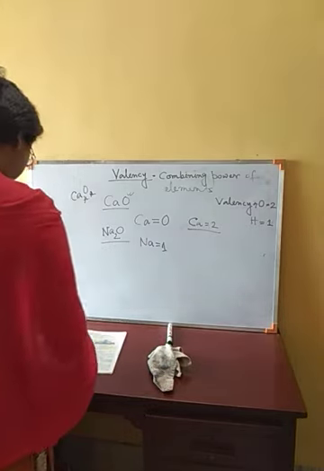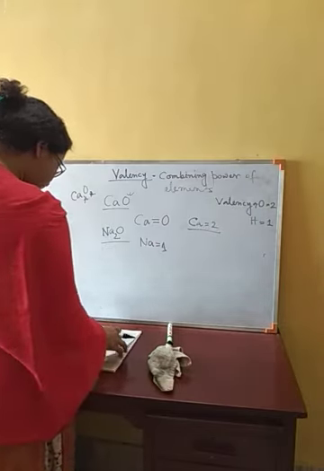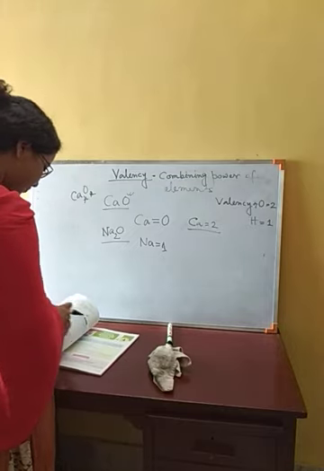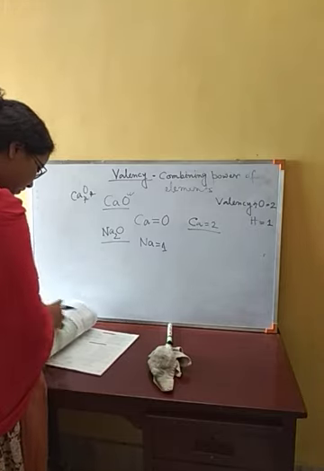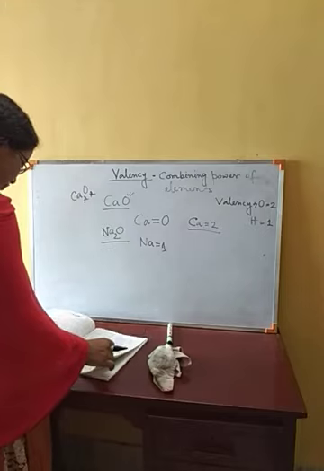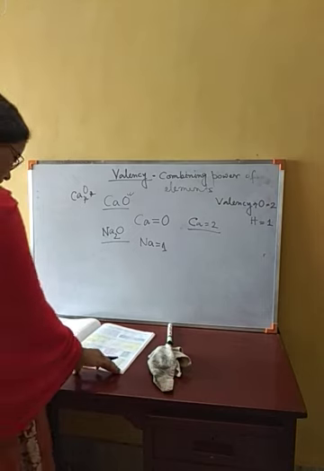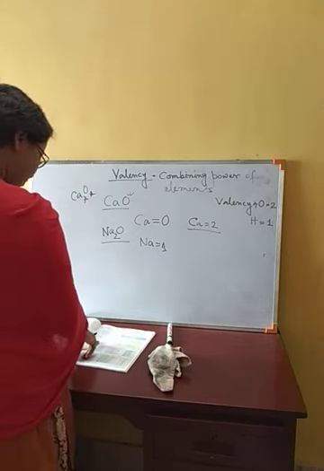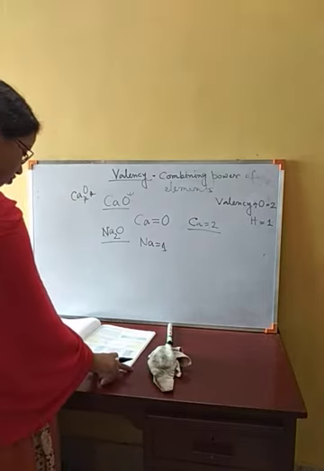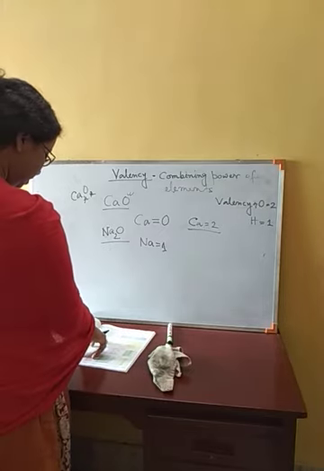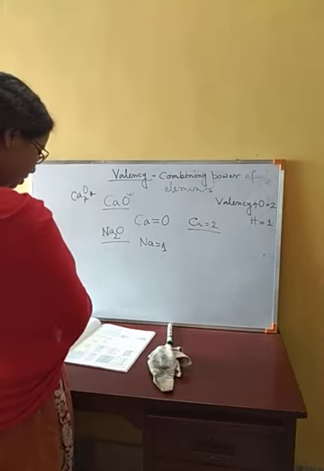Next, let me tell you the valencies of which elements we have to remember. Only a few we have done, which are there in the book. Student activity, page number 47. Here sodium, aluminium, sodium, chlorine. This one is wrong. Chlorine's valency will be 1. Here it is written 2 in one place, and in another it is written 1.